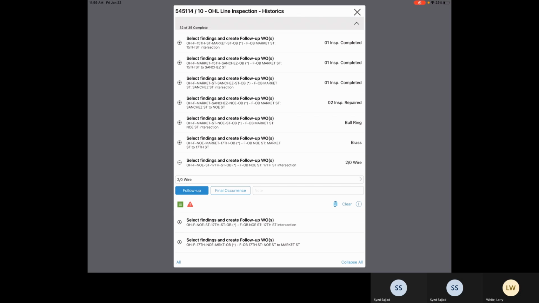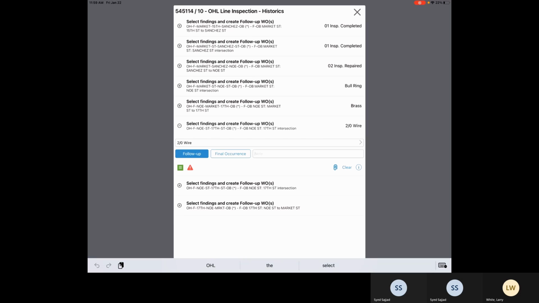So if you notice, the next checklist item down also says Noe Street, 17th Street intersection. If we did tap the final occurrence button, it would remove that next item down. However, we are indicating that there are multiple defects for this particular intersection. So we want to just come over to our notes field, enter a priority, PRTY, we can say 4 in this case, and a separator saying at 678